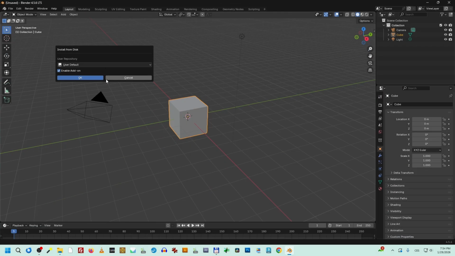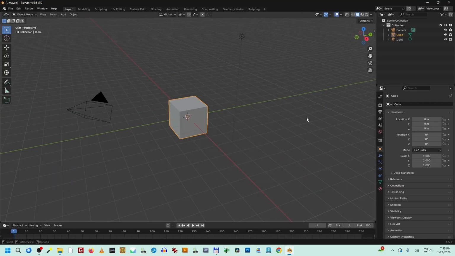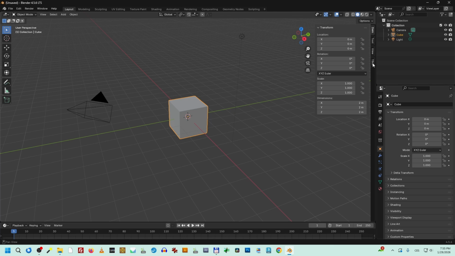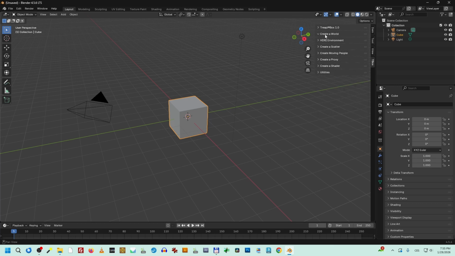Okay, install from disk. Okay, TreaplBox is installed. It's 100 kilobytes. So let's restart Blender. Okay, let's go here. Blender is restarted, and the beautiful TreaplBox tool is here. And in here, okay, talking about us, create a world. We cannot create a world because we do not have the assets. We need to